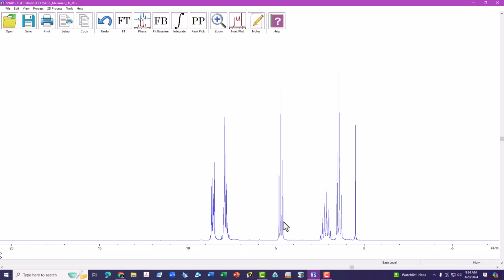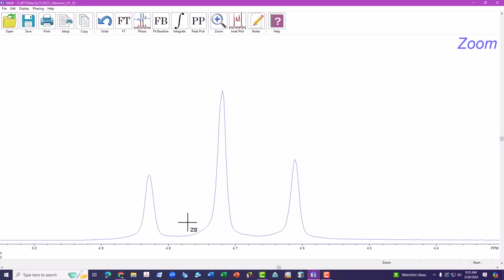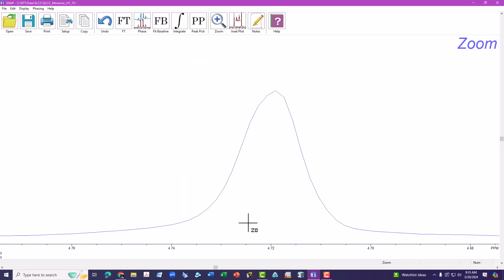So another way, and this way is actually a little more useful if you're using things other than TMS. Sometimes you use chloroform or you use a solvent peak for it. So let's say that we know the chemical shift of this tall resonance in the middle here. I'm going to zoom in on a resonance that I want to set. Click and hold the mouse in the background so that the vertical line goes through the tallest data point that defines that peak. And while I'm holding that, I'm going to type the letter O on the keyboard, O for